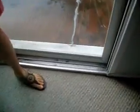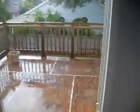One of the biggest problems is that it leaks into the house, so we really need that fixed. It's temporarily fixed right now with a board, but I think you can see the rotting. It's not going to last for another rainy season. And so if you want to get a shot out there, you can see